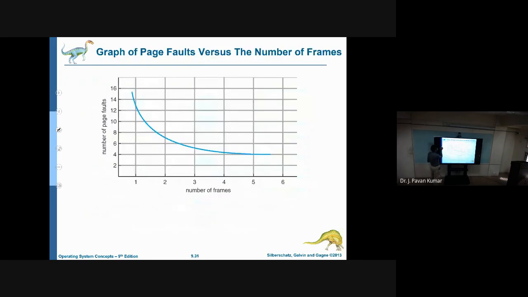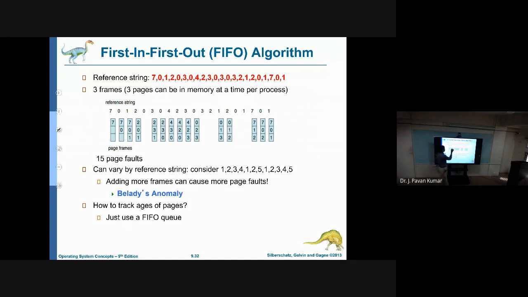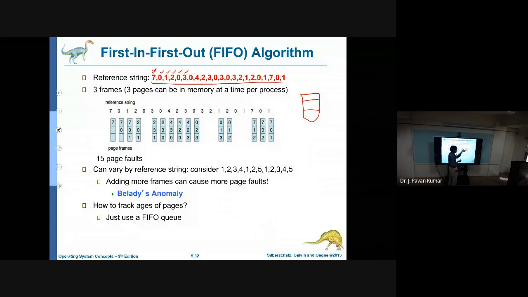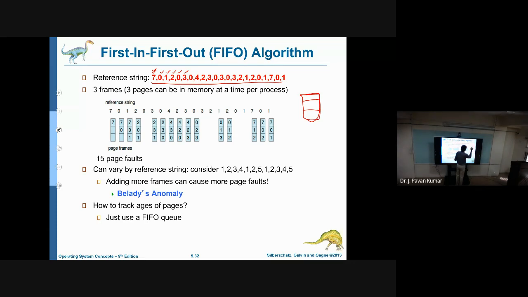Let us see the example. Now you see, we have these as the required pages. That is the 7th page we want, 0th page, first page, 2nd page, 0th page. Like this, in this particular sequence, we want pages. 7th page we want first. And in the main memory, we are assuming that there exist 3 frames. So how many pages can we bring into main memory? Maximum 3 pages. So first of all, we will assume that all frames are empty.